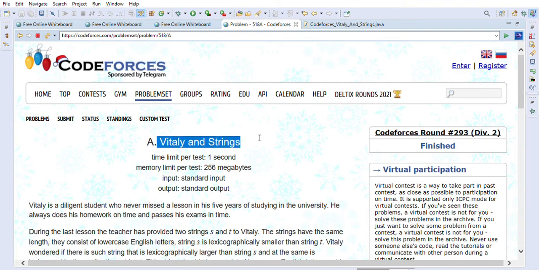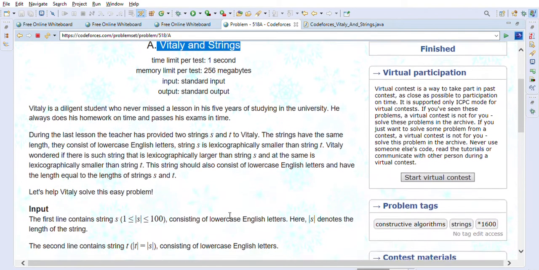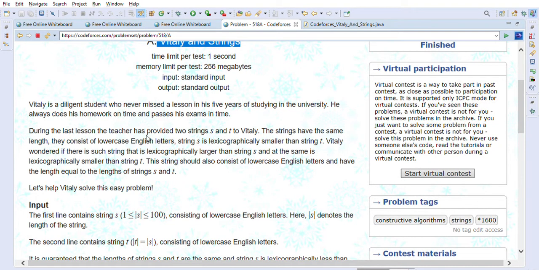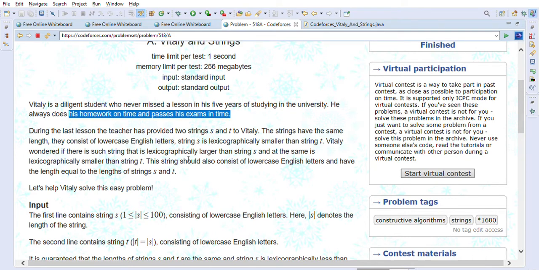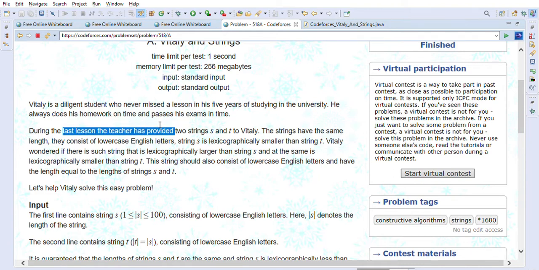So let's look into the Whitley and Strings problem statement first. Whitley is a diligent student who never missed a lesson in his 5 years of studying at the university. He always does his homework on time and passes his exams in time. During the last lesson, the teacher assigned two strings to Whitley. The strings have the same length. They consist of lowercase English letters.